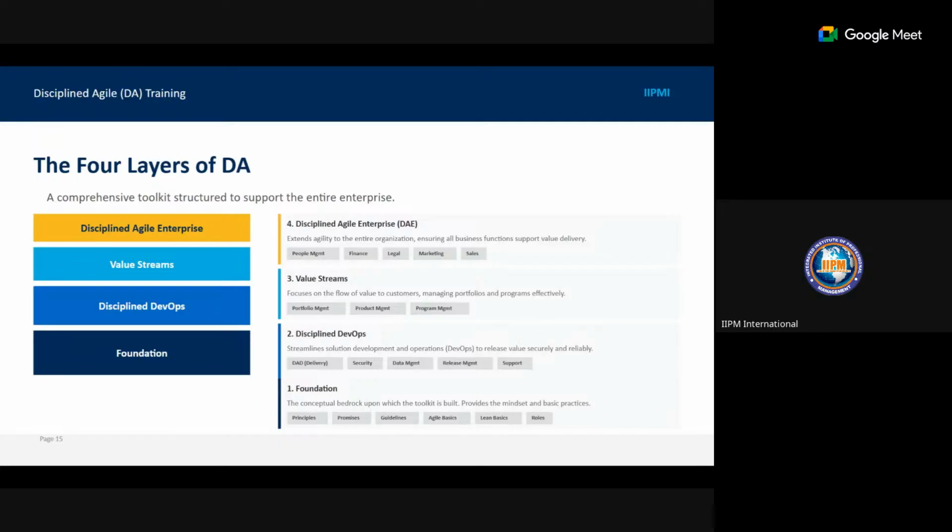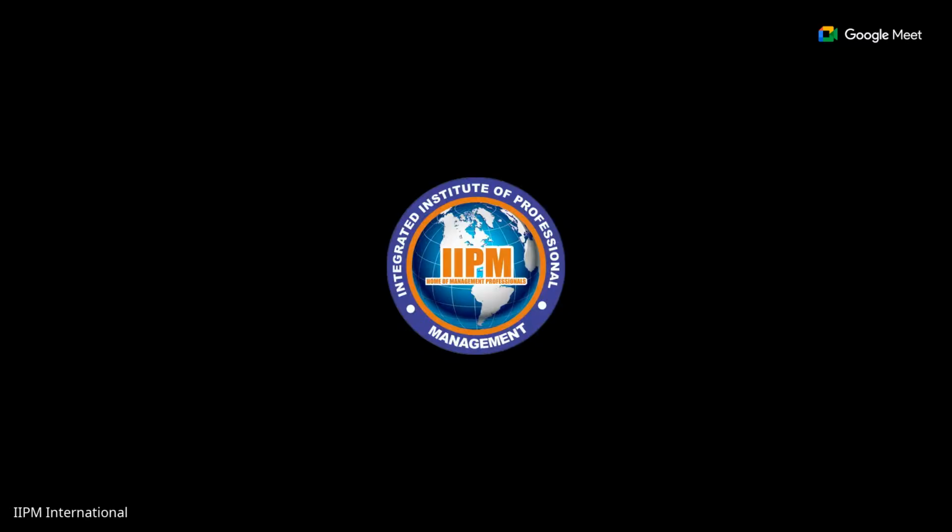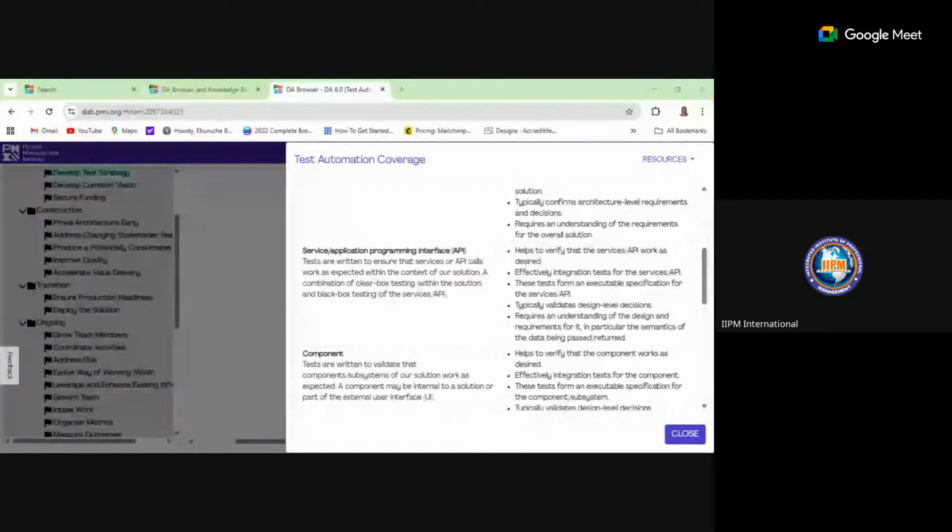So now my screen is a bit tiny, but don't worry, I'm going to go back to the DA and I will show you from there. So if we go to our DA, let me get back to the DA. I want you to look at the tools we have there.